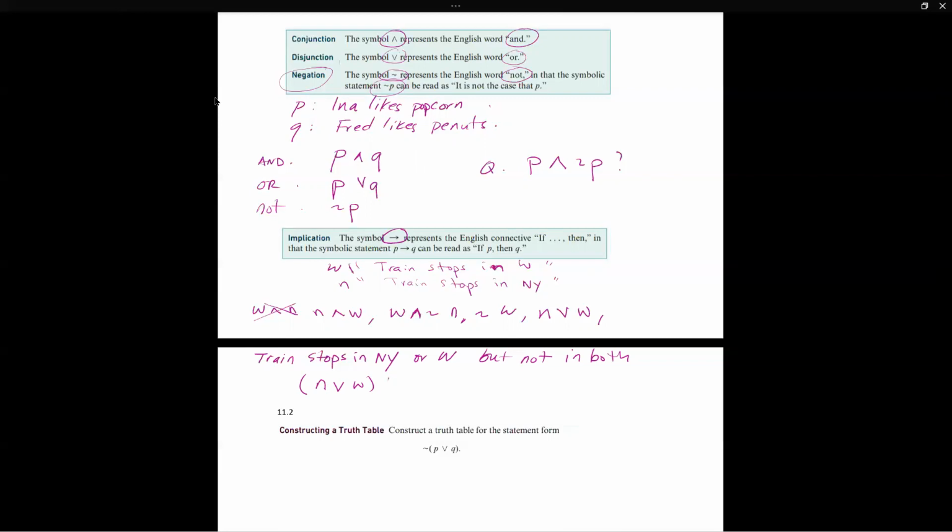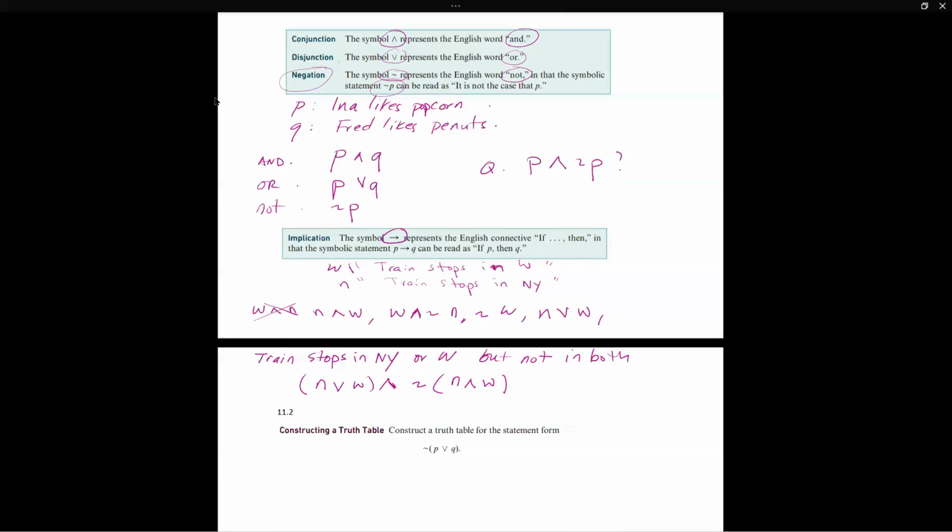But not in both. So we need to use and because we need to, as I mentioned, conjunction thing, because this statement has a conjunction with the first one. So, and now there is something that follows that says, but not in both, which means not in New York and Washington, right?